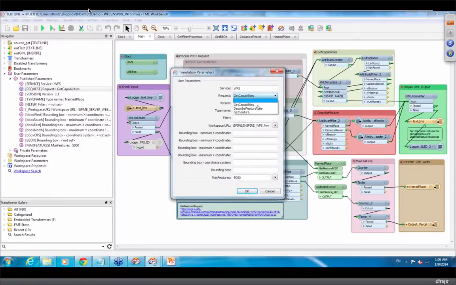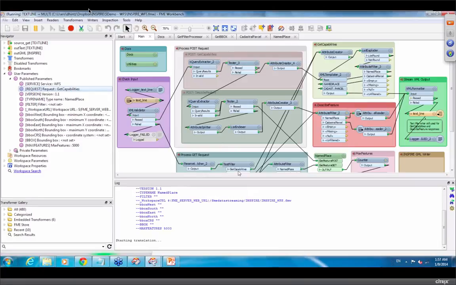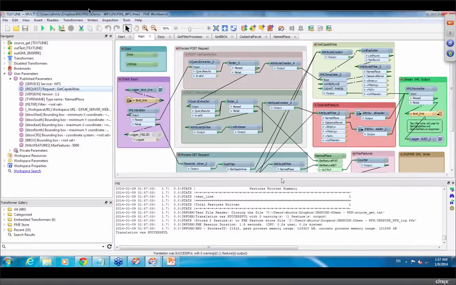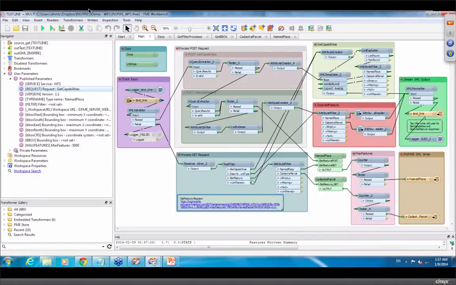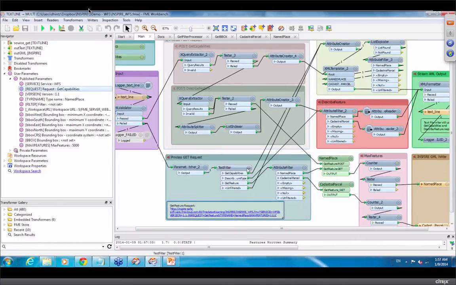If I choose Get Capabilities here and I run this workspace, we can just see the data flow coming through here. And here, this test filter, what that does is it fires, it goes, okay, what's the request? The request is Get Capabilities. I'm going to go up here and I'm going to actually build a Get Capabilities document with these elements in